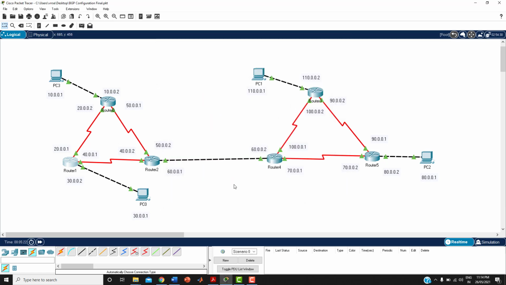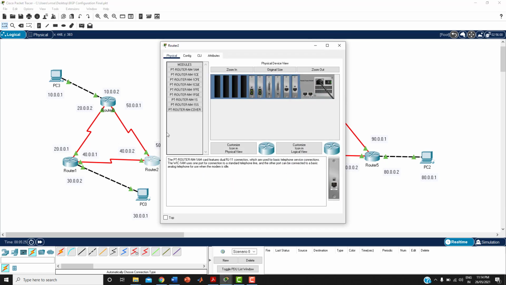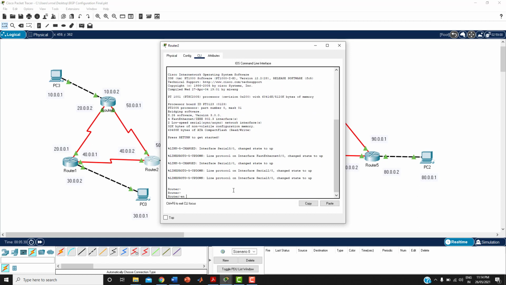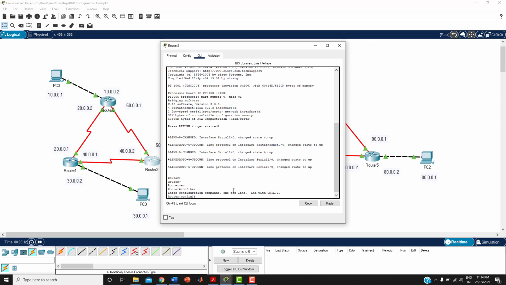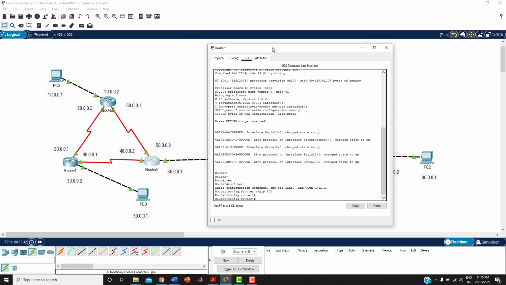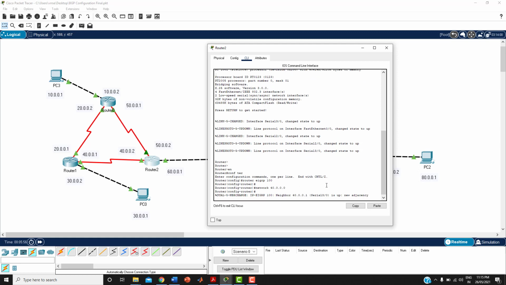Let me go to the next router, router 2. CLI, enable, config terminal, router EIGRP, autonomous system number 100. Here the networks directly connected are 50, 60 and 40. Network 40.0.0.0 is directly connected, so it has started communicating with the neighbor.